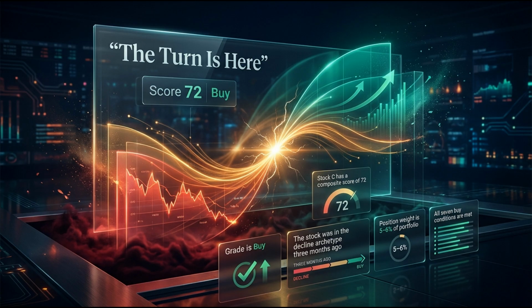I framed this section as the mathematical climax of our entire framework. Consider the mechanical beauty of this transition. It is structurally fascinating. The catalyst fired, the quantitative rules were explicitly met across multiple layers without any human bias, and the system autonomously upgraded the asset from an uninvestable state to a 72. All 7 required conditions are now met. The gates are open. The TrendWise Open confirms the upward trend. The framework executed its mandate perfectly. It caught the turn.